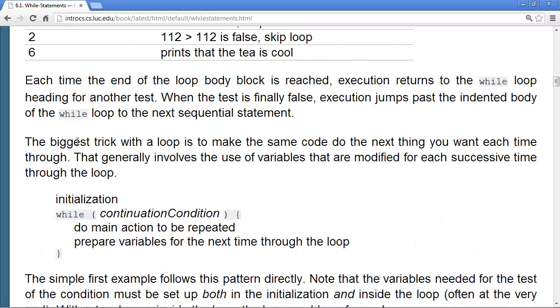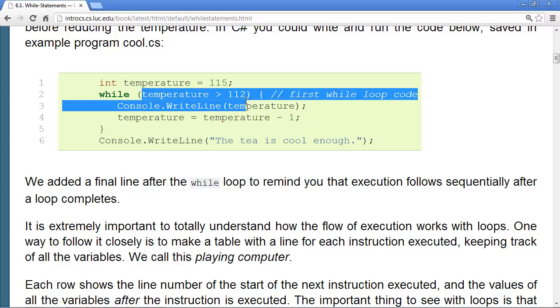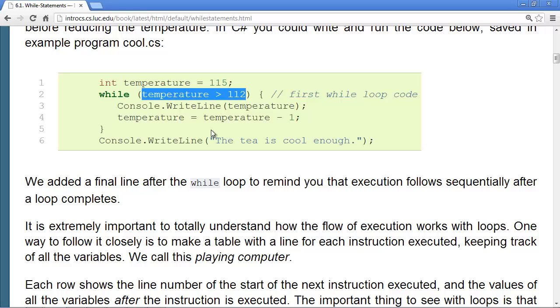And as we saw up here, we kept on writing the temperature, but we got that to behave differently each time because we have a variable here and we can change the variable each time, and hence we're not writing the same thing or doing the same thing. And while we're at it, as we're changing the temperature, we're making sure that this condition will eventually be false, so we get out of this loop.